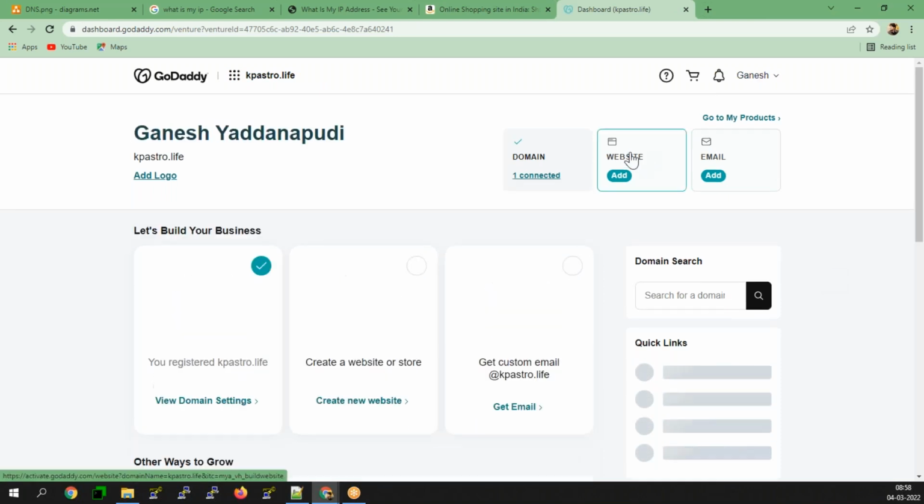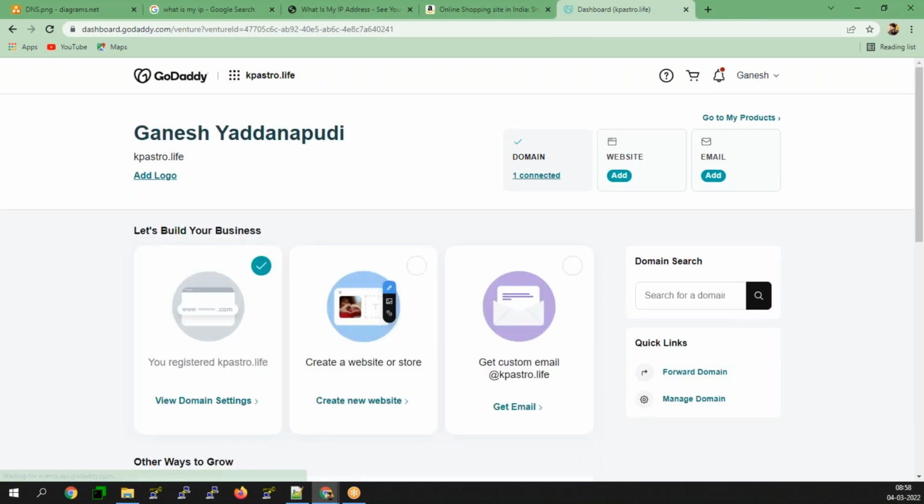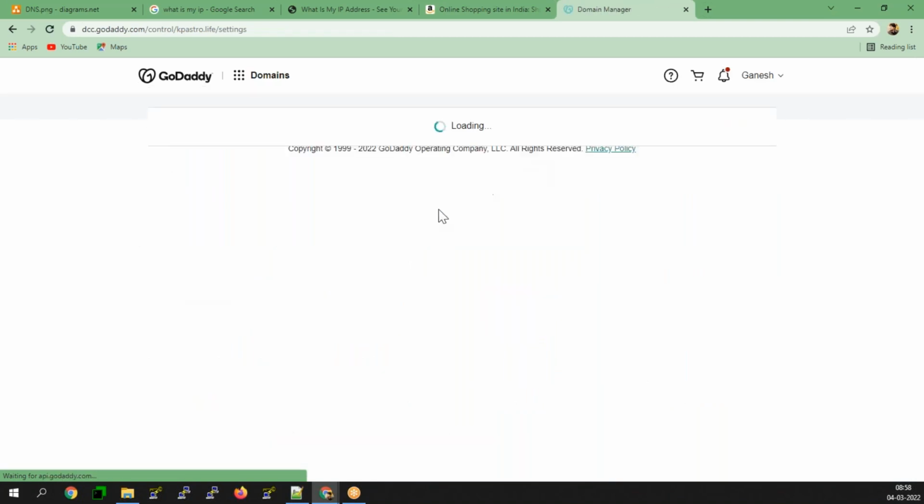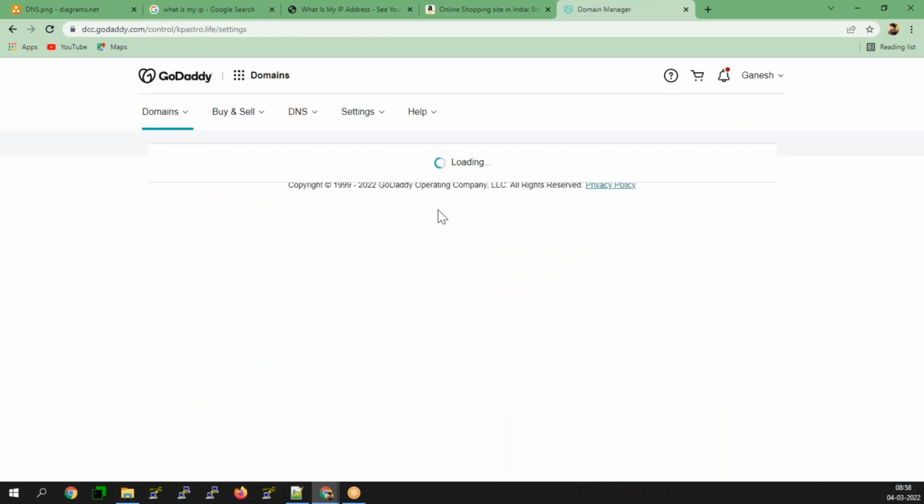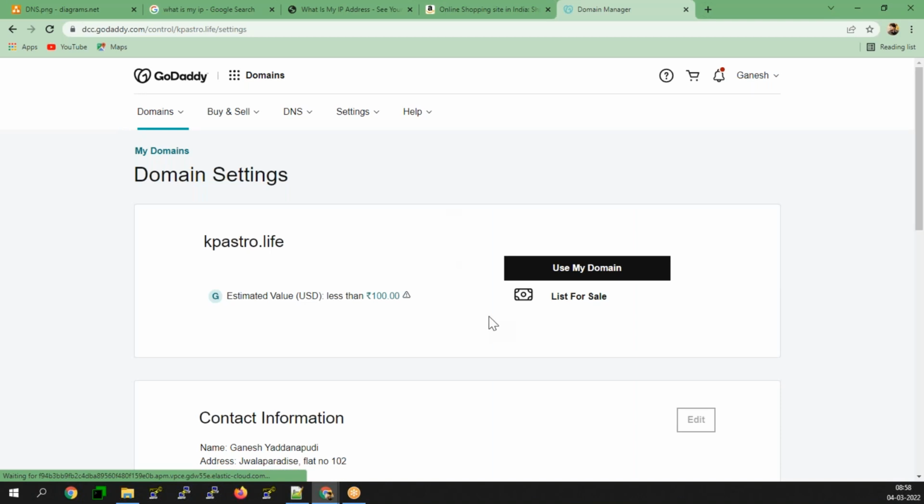I purchased one domain called kvastro.life for 150 rupees.